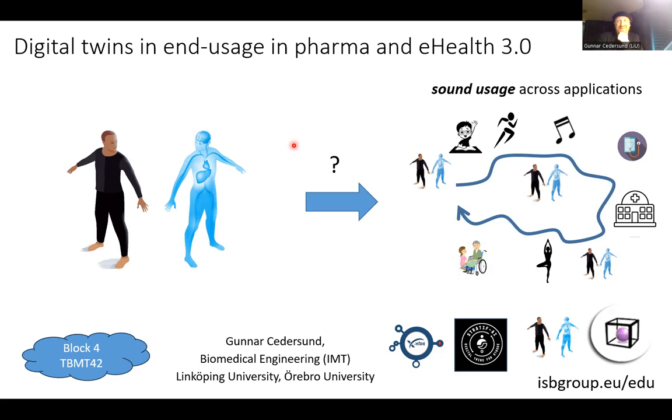So we are at the final video in the course Systems Biology, Digital Twins and AI. We have now learned basically everything in terms of methods and how to do things. And now we are just going to sort of enjoy the view and also zoom out a little bit in terms of understanding what's important to use these things in a sound way. What are the pitfalls that it's easy to fall in? What are the things that you should think about to not use these in an unsound way?